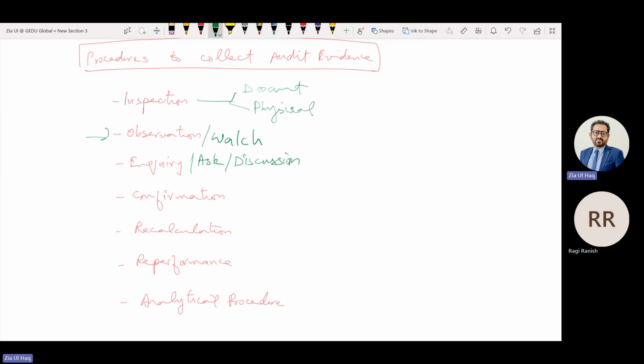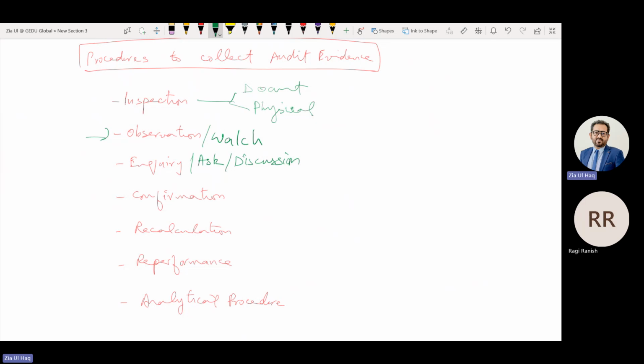Notes of discussion with management that we prepared after discussing, what we got knowledge of, we will write down as a working paper. So, notes of discussion. If we need any information outside of the company, we will use the word confirmation. Confirmation from the bank about bank balance, loan amount, confirmation from the customer about the receivables balance, confirmation from the supplier about the payable balance. So getting information within the company, inquiry; getting information outside the company, confirmation.